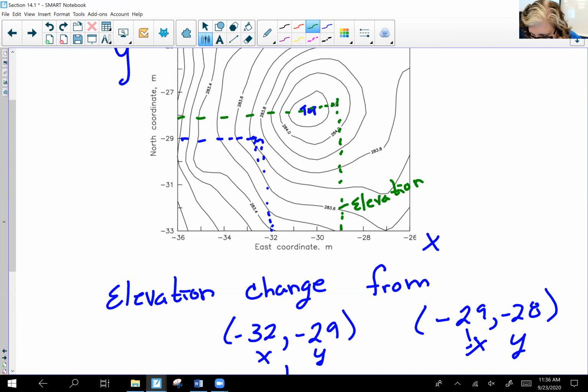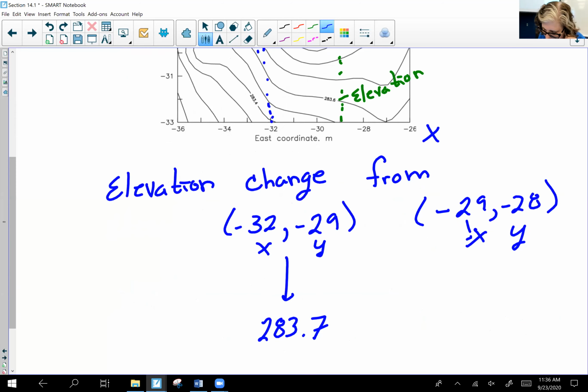Okay, so that is, let's see, this is 284.0. We're a little higher than that. If we look at these, they're going 0.6, and then we go to 0.8, so that's about 0.7. We go 0.8, 0.9. So this one here is then going to be 284.1. I'm not sure if you saw how I did that. All right, so we're then about halfway between those two, so we'll call it